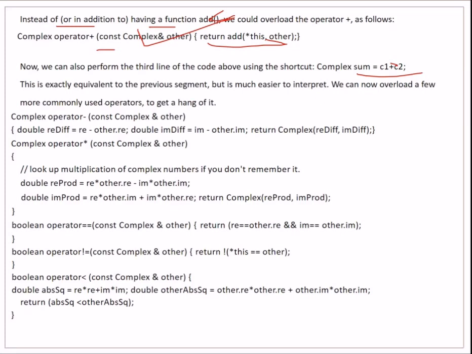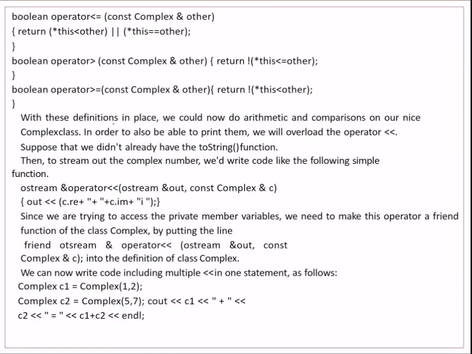We can also overload a few commonly used operators like minus, is equal to, not equal to, less than, less than or equal to, greater than or equal to. If these definitions are in place, we could now do arithmetic comparisons on our nice complex class.